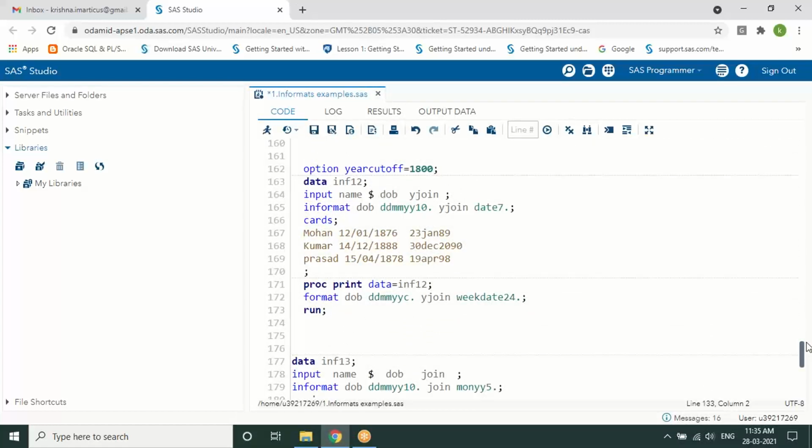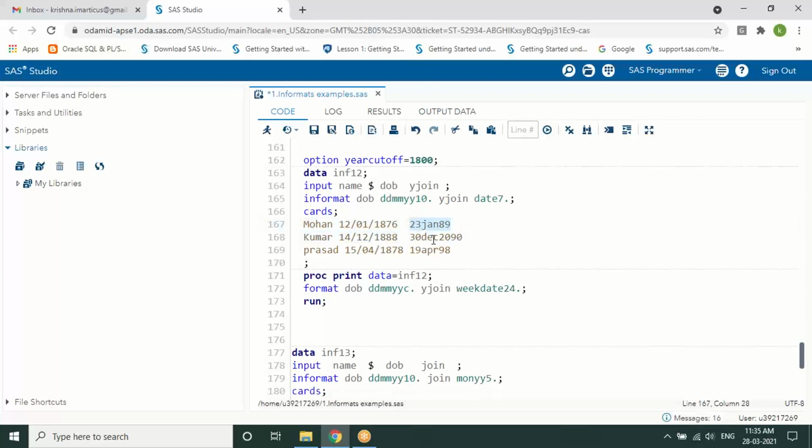And the last part is the C program, line number 162. Here in the last data, I have something like 23rd Jan 89, 2090, 19th April 98. If SAS is supposed to read that data, how will it consider whether it is 2089, 1989 or 1889?